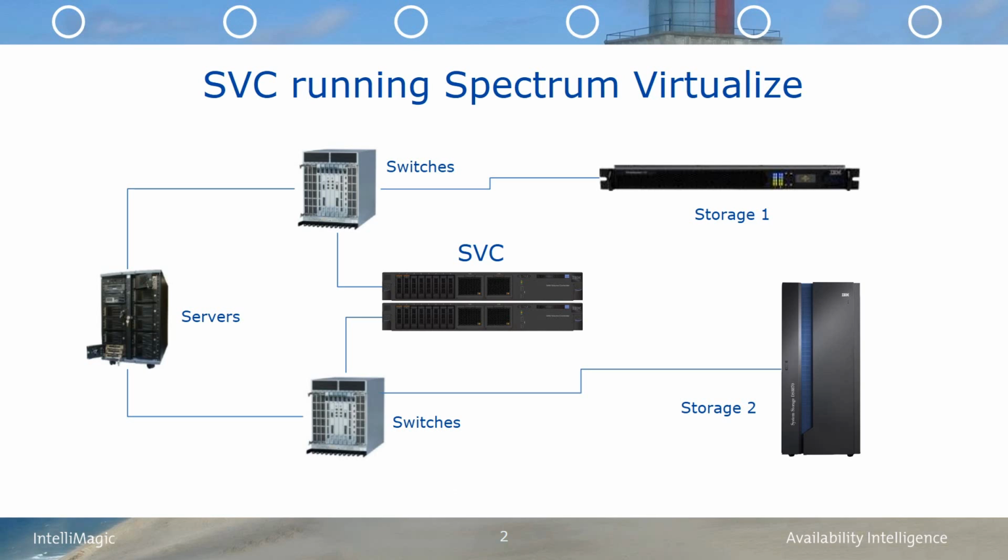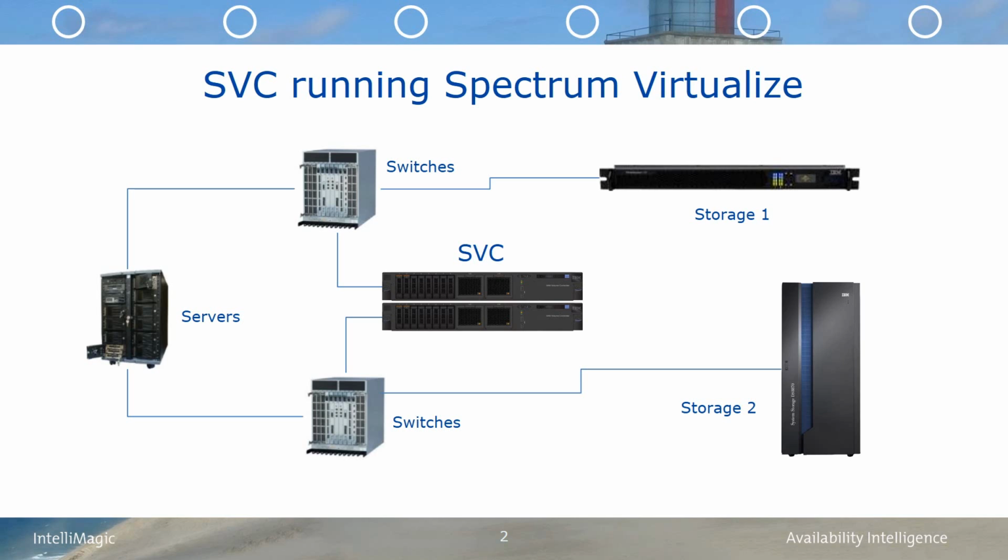cache. IBM Spectrum Virtualize software virtualizes your block storage environments, allowing you to manage your storage environment in a single pane of glass. In this diagram, you can see the SVC running Spectrum Virtualize software residing between the servers and the storage. Spectrum Virtualize runs on a variety of IBM hardware including SVC, V7000, V3500, V3700, and V9000. The SVC resides in the front of the storage hardware and provides centralized management of the capacity on the back-end